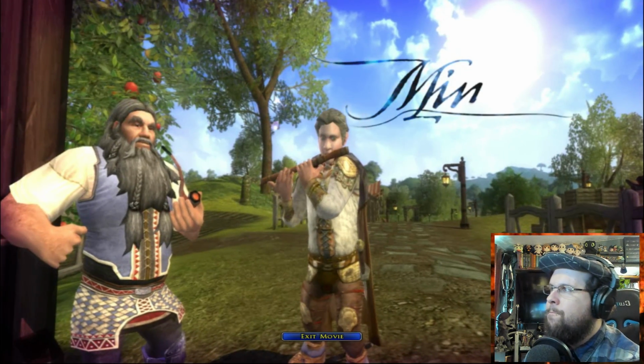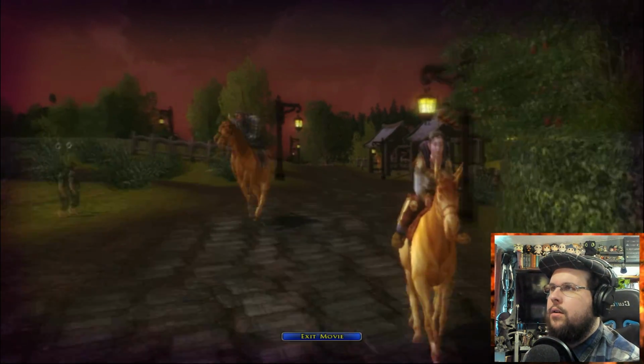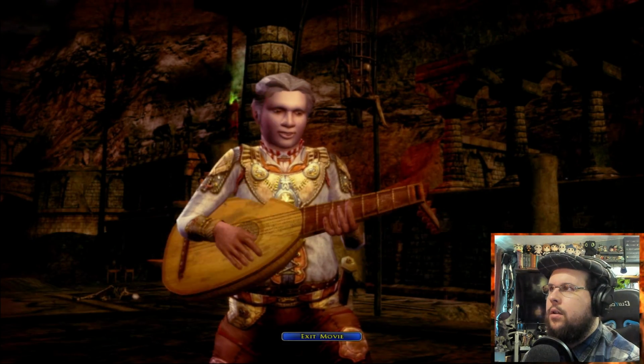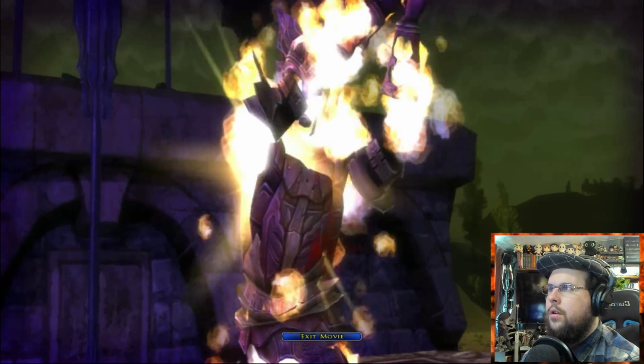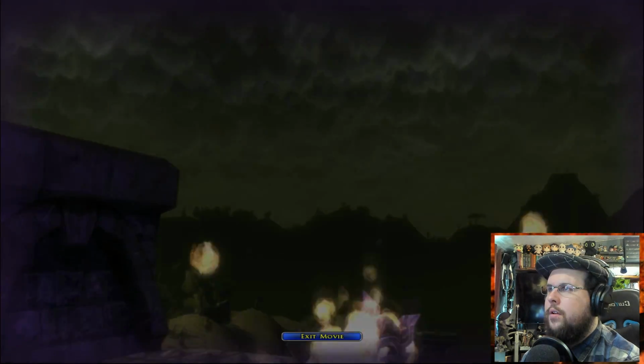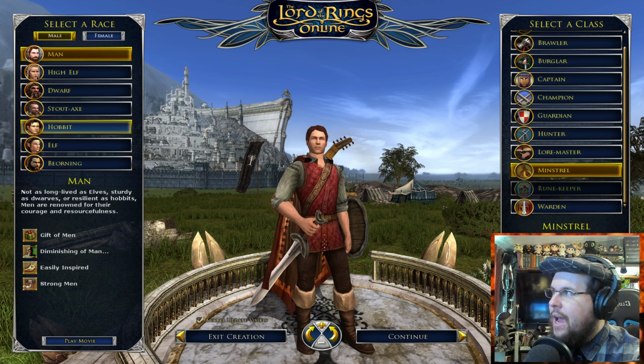Minstrel? The Minstrel is the heart of a fellowship, a herald of hope and renewal. He uses his knowledge of ancient songs and lore to ward against the forces of darkness and bring relief to his companions. There's the lore behind the healing for the class. And then the last two,